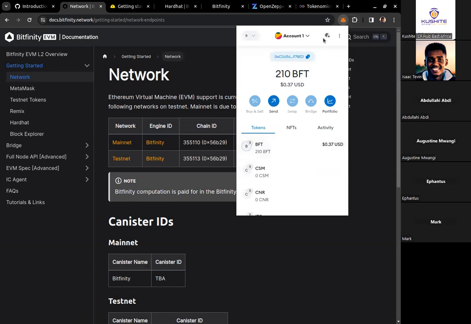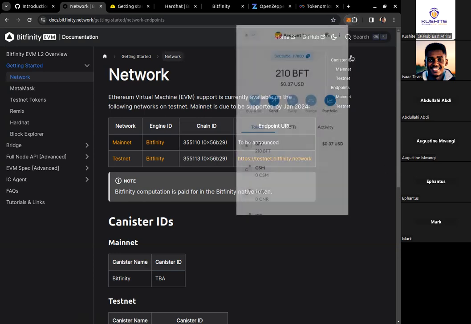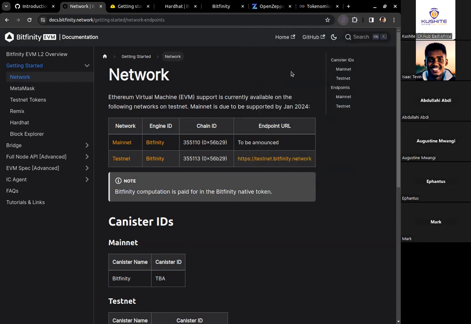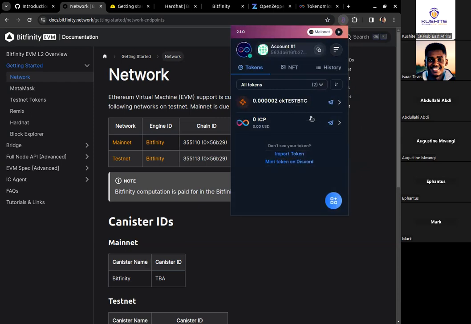You can have MetaMask installed. Alternatively, you can still have the Bitfinity wallet. So Bitfinity has a wallet on its own. As you can see here, mine has, I think, 0.0002 ckBTC testnet. So we are going to see all about that, but today we are not even building